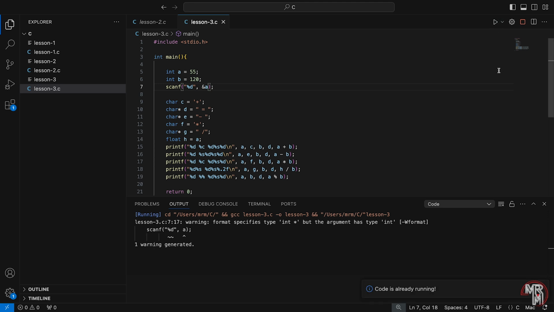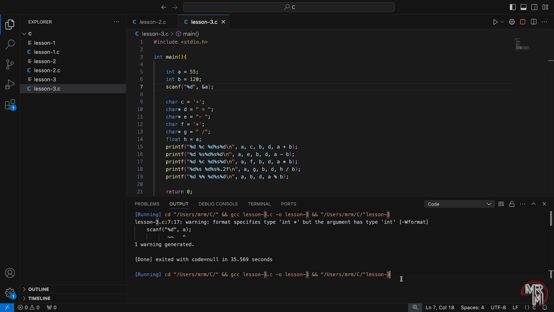If we do that though, we'll get a message saying that the code is already running. To stop it, we press the stop button and hit the run button again. To see no warning, but we can't really provide any input. While this active stop button suggests that the code is running, it's running because it's expecting user input. And this is something to do with VS Code, so let's stop the code,